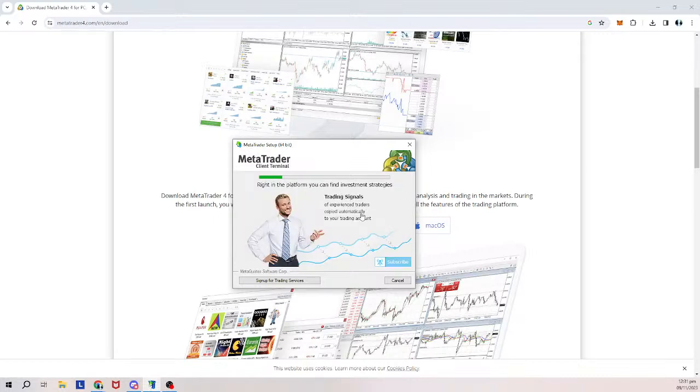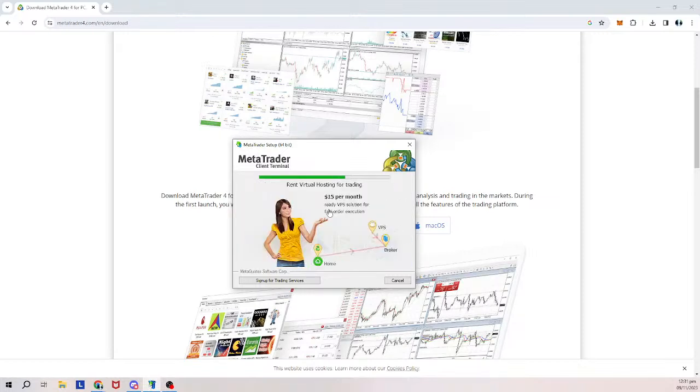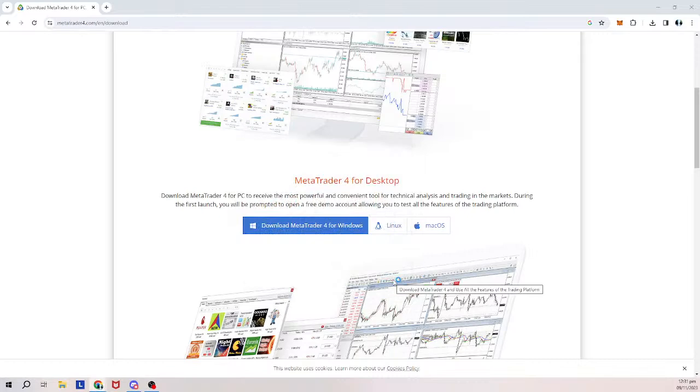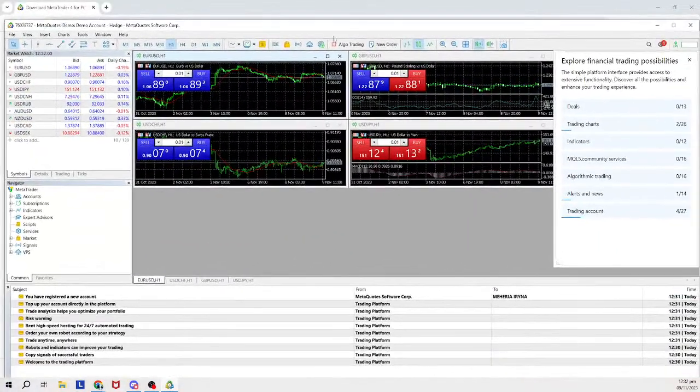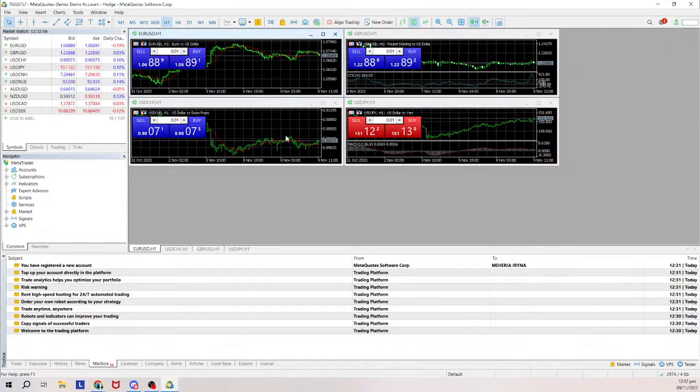The idea here is that CFD trading is a bit different than actually buying and owning shares or stocks. CFD stands for contract for difference. You're basically trading the potential movement that you're expecting in the market. It can be either a positive or a negative movement. Once you download the MT4, you come up automatically with all of these options